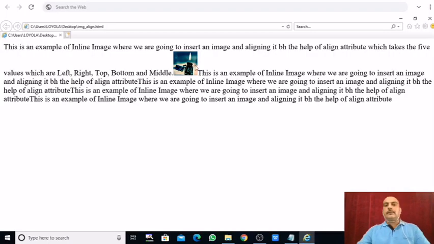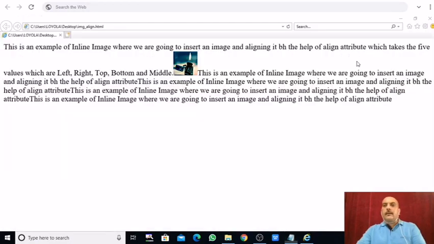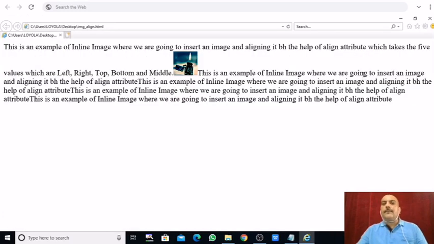Now here it is showing you, see. So this is an example of inline image. So see the content. This is an example of inline image, and where I have inserted my image here: src img after middle, right? Middle and full stop. So after middle and full stop, here I have inserted my image. In between middle and full stop and this, the image is inserted. Right now I have not given any align attributes. I have not used any align attribute. Now I am going to use align attribute.